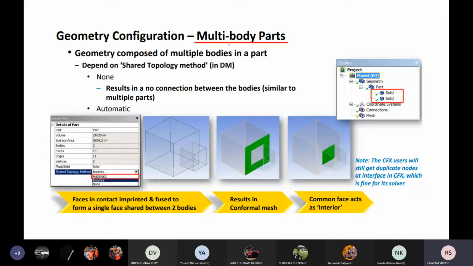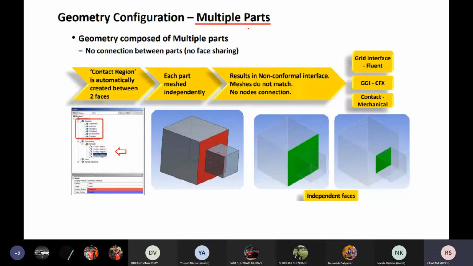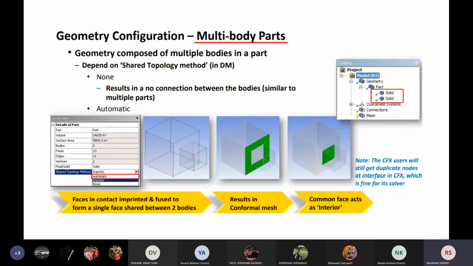If you have multi-body parts, this is your multiple parts, and this is your multi-body part. If shared topology is none, then your mesh is non-conformal and each individual body will be meshed separately. If it is automatic, then you will get a conformal mesh at the interface.